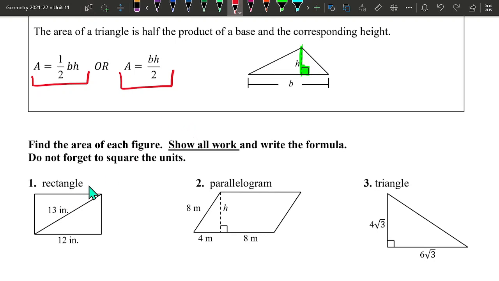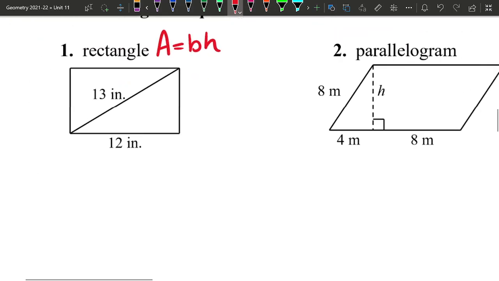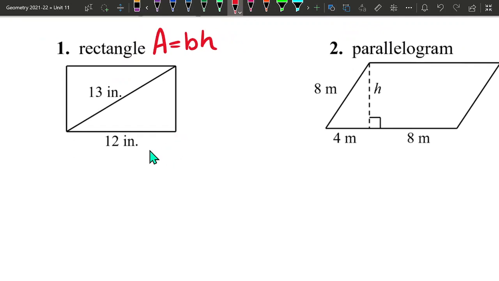A rectangle is a parallelogram, so area equals base times height. That's the formula. We can see we have two numbers, but those are not the base and the height. We do have the base. Here the base is 12. But the height has to be perpendicular to the base. So the height is going to be that piece over there. So the 13